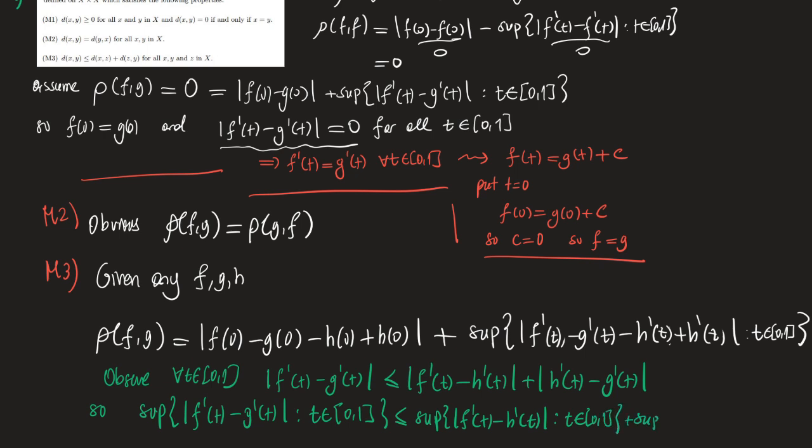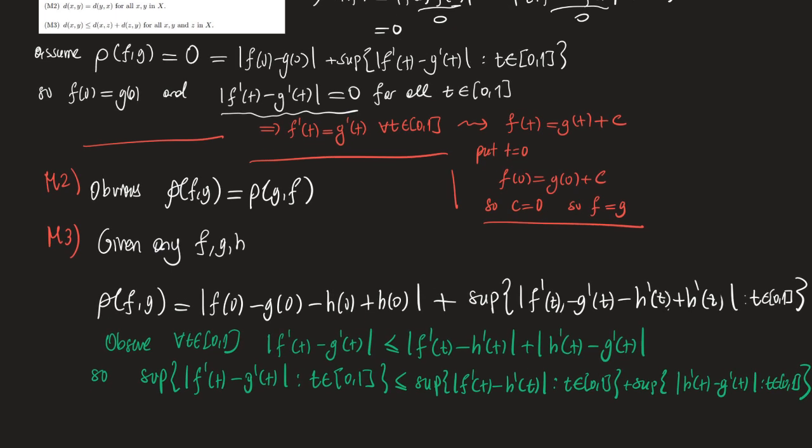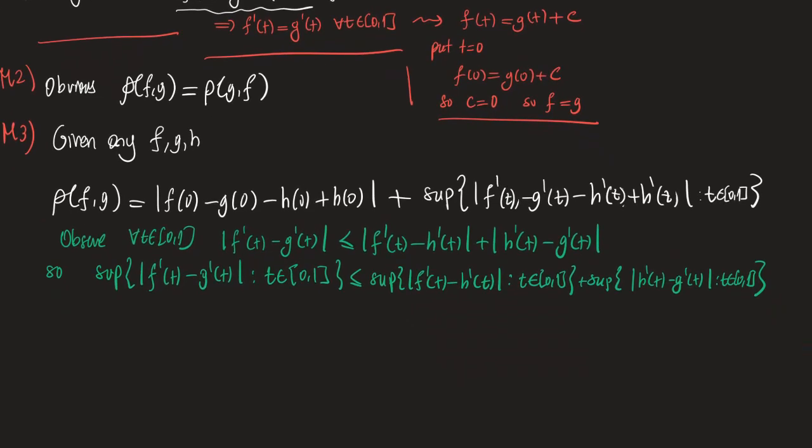Plus sup h prime t minus g prime t in 0, 1. Okay, so let me make a space. Now, using this observation, at the end, I can show that this rho fg is less or equal to